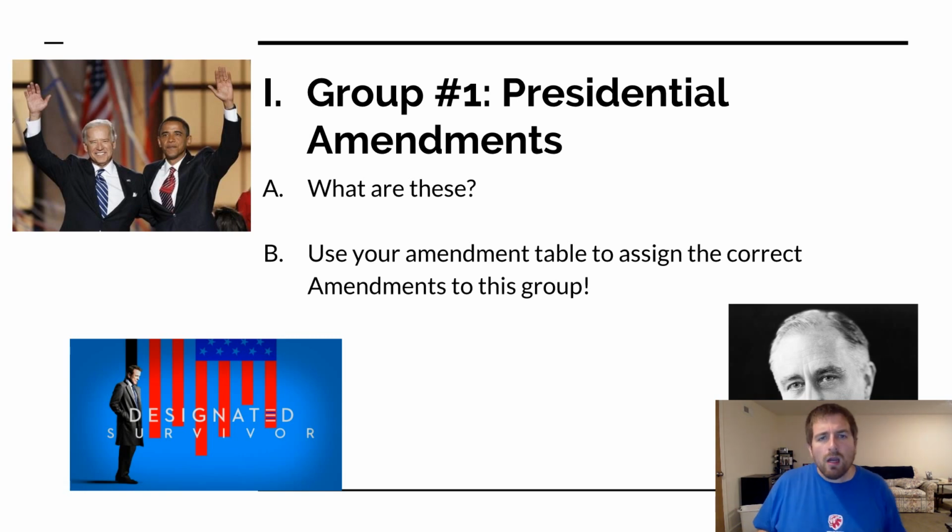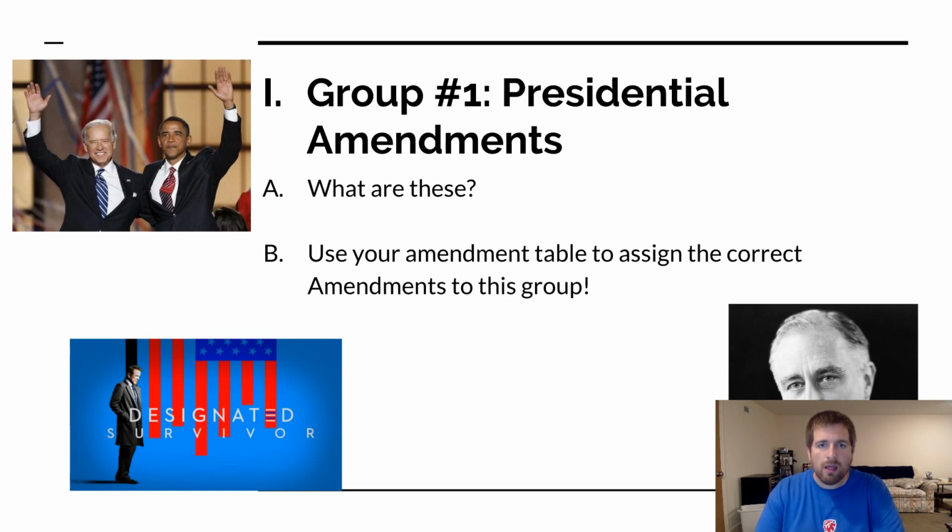Now, let's get started. The first group are what are known as the presidential amendments. These, very simply, are amendments that have to do with the presidency or vice presidency. So what are some of the things these amendments have done? Well, they've set term limits on the presidency. George Washington set the tradition that a president should only serve 2 consecutive terms. That was never law, though, and when FDR took office in the late 1930s, he ended up serving for 4 consecutive terms. He died midway through his 4th. Following FDR's presidency, one of the amendments passed in this group set the term limit for a president to 2